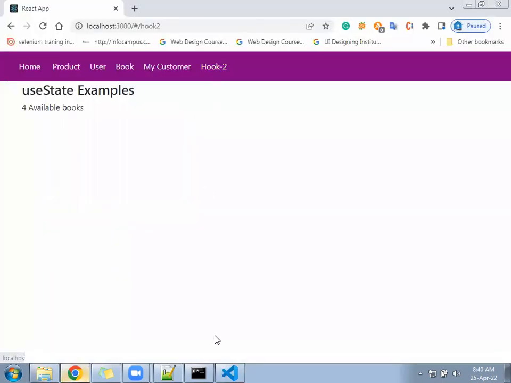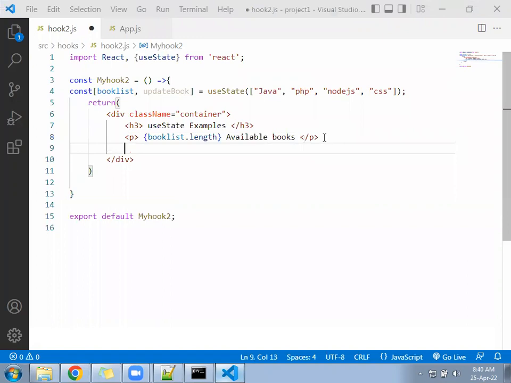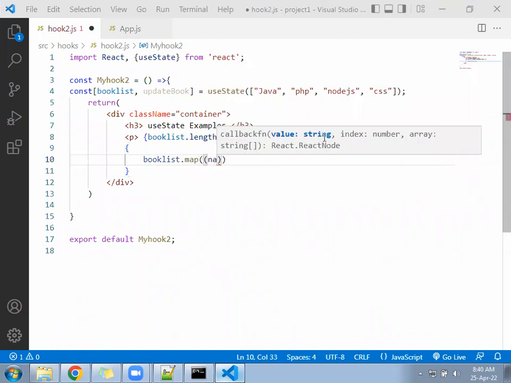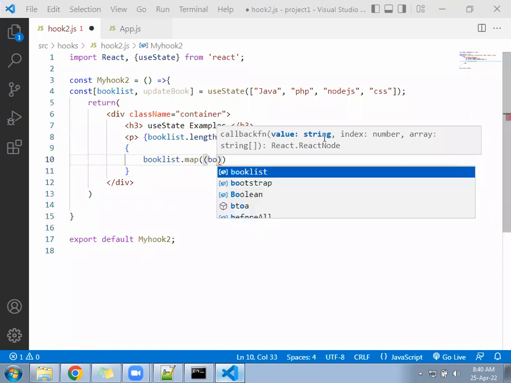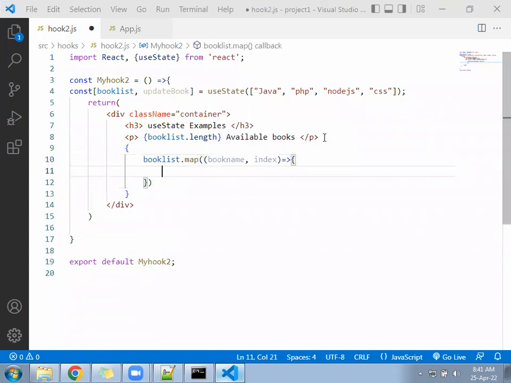Come to this file now, under the hook 2 page. Under hook 2 page, data is stored under a variable bookList, that is a state variable. Now you will write a map function here, bookList.map. Name of the book, index of book. Return